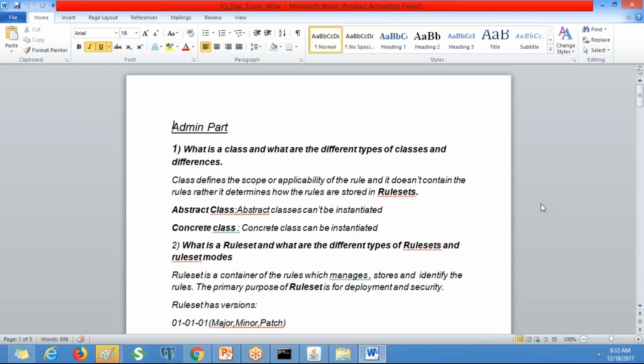When one person checks out the rule, it immediately acquires a lock, and when somebody tries to open that rule, it shows a message saying the operator is already working on this rule. This is how it helps in security.